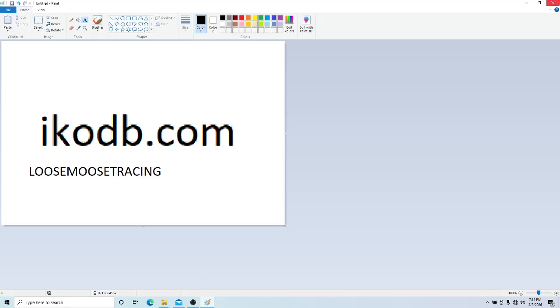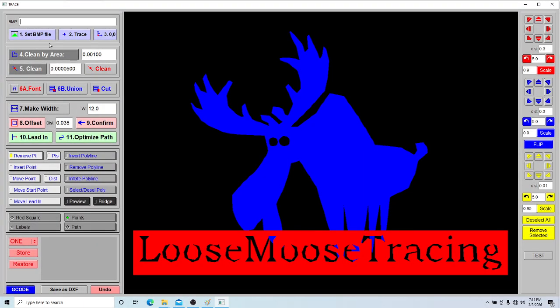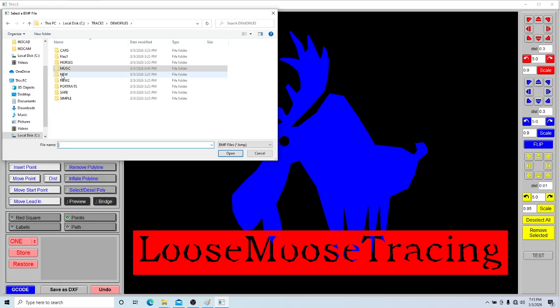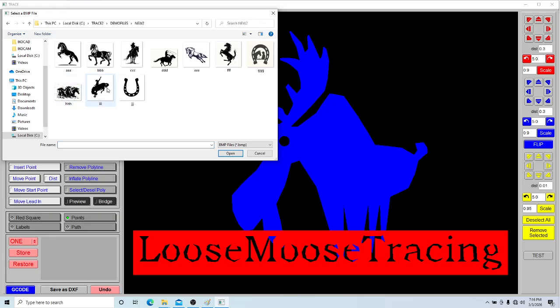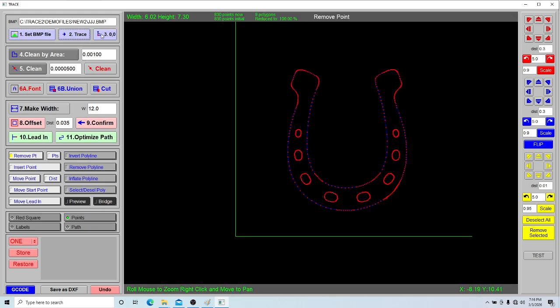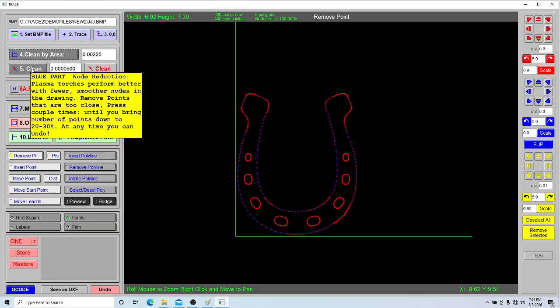Here in this video I'll explain how you can use memory. First you trace a small file, like I'll look for it new, for example this horseshoe, and then trace it, then move it to origin, then clean by area. 1, 2, 3 doesn't clean because they are all big, so you clean,